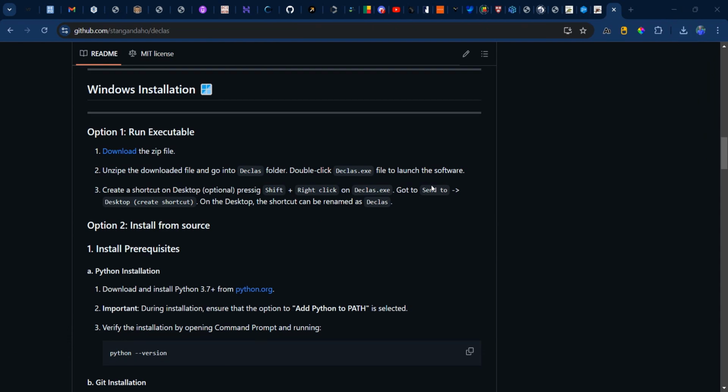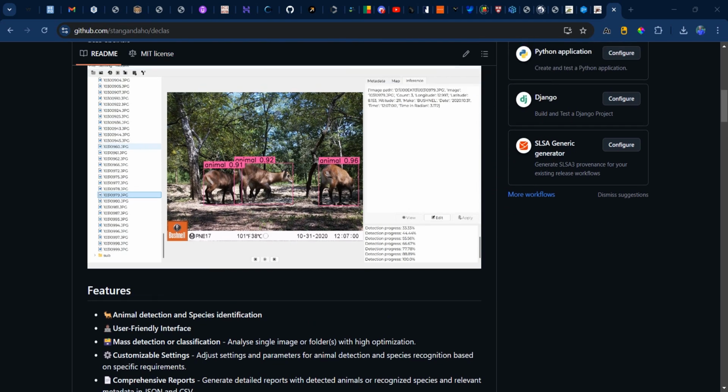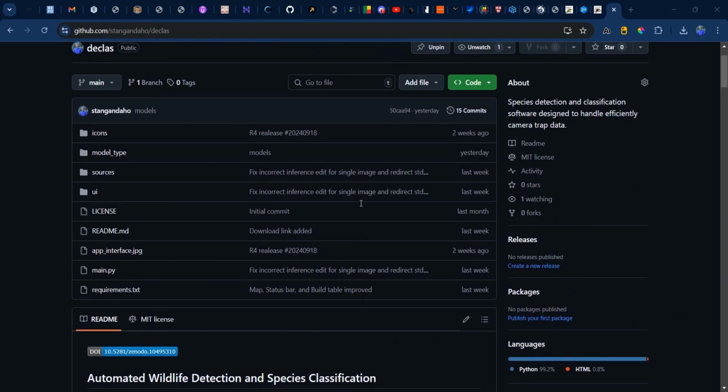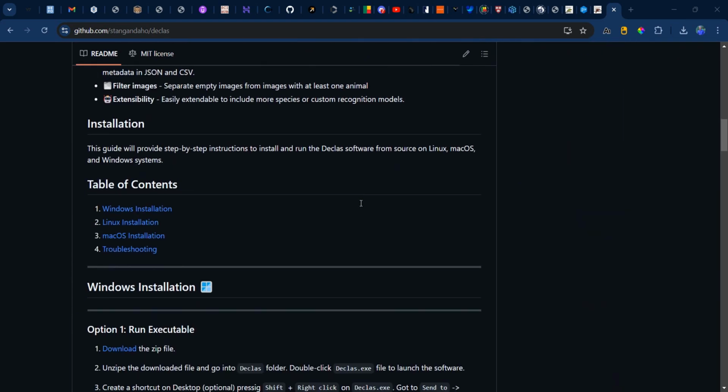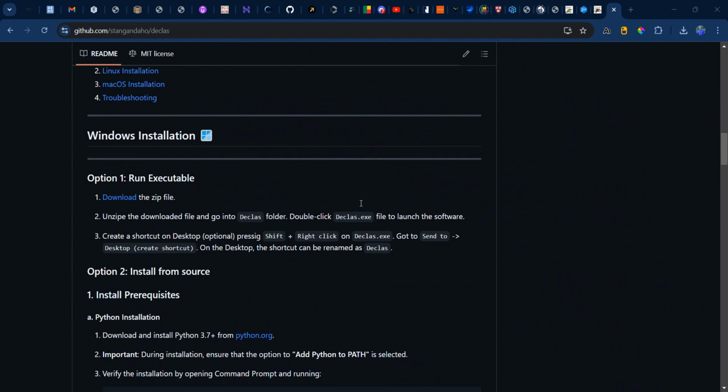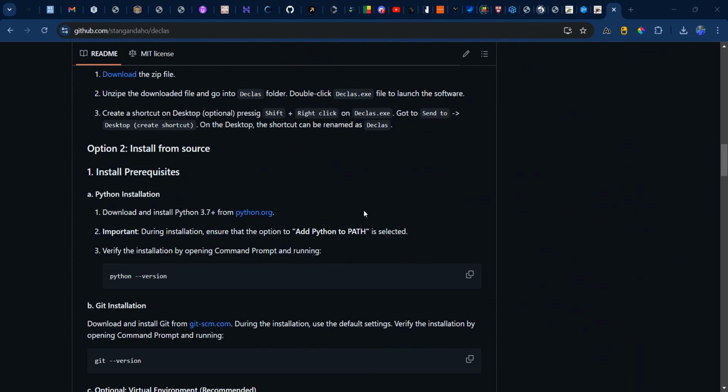The second option consists of installation from source. This means that you need all these files you are seeing here, all these resources, to run or launch the software like me. But to do that, there are some dependencies you need to install first. I provide some instructions, but unfortunately in this video I cannot cover all of this because the video will become very long.